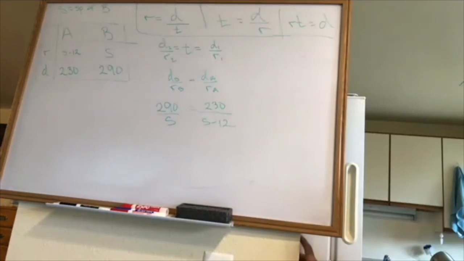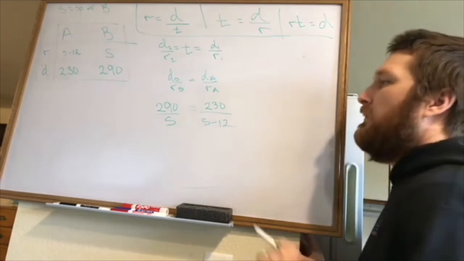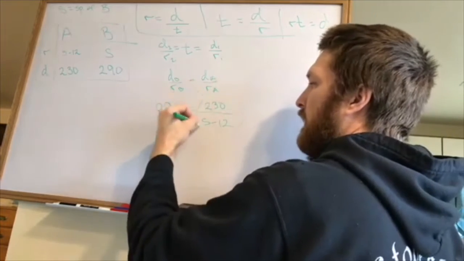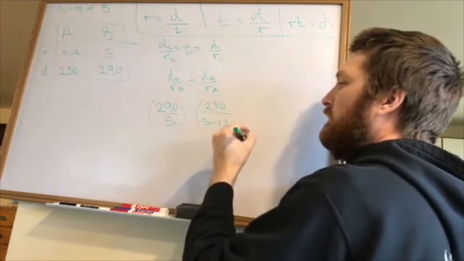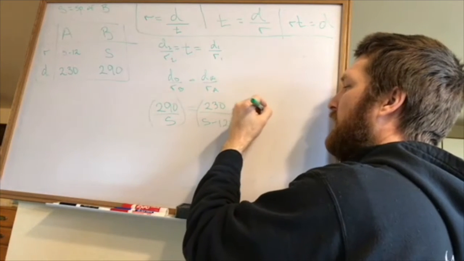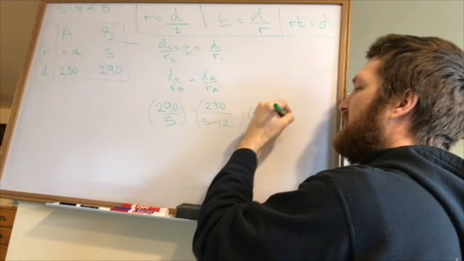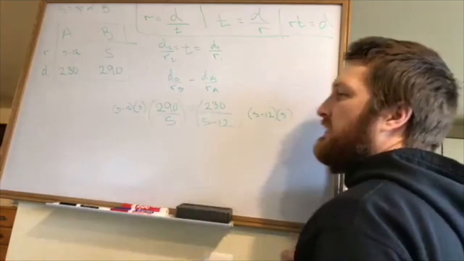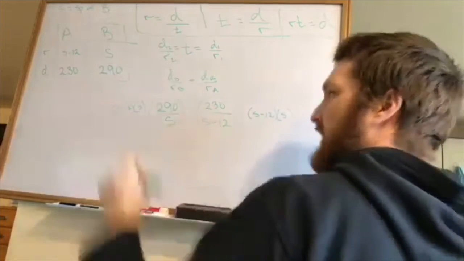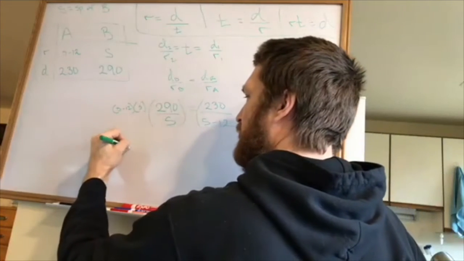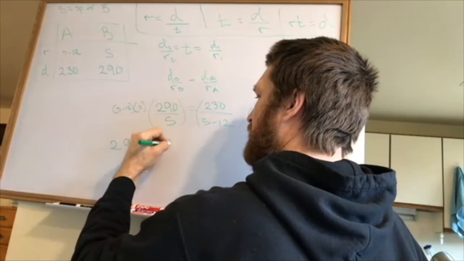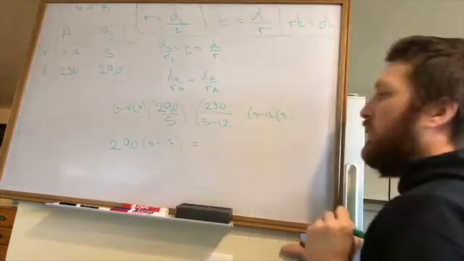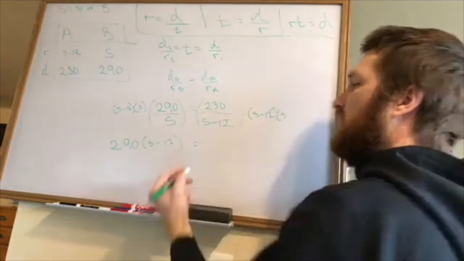Okay, now what do you want to do? Cancel the denominators. So multiply each side by S minus 12 and S. Okay, so on the left-hand side, the S's cancel, and I get 290 times S minus 12 equals, those cancel, and I get